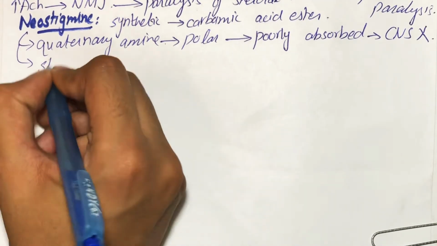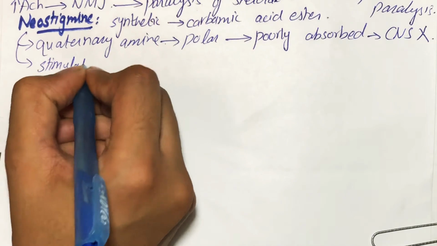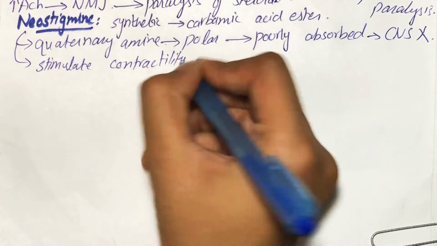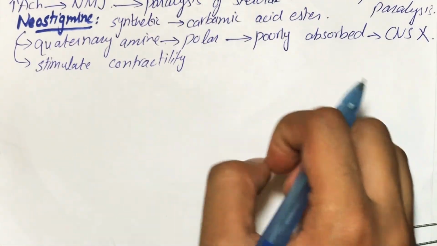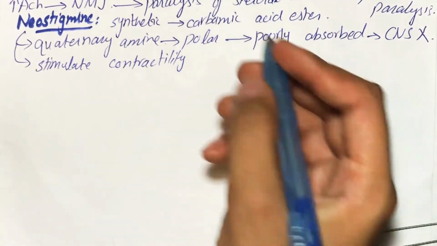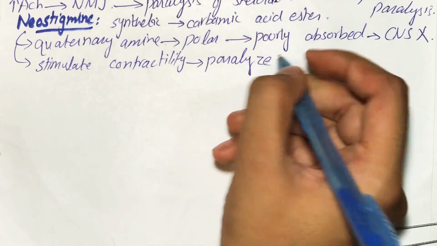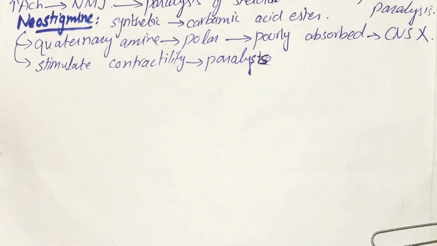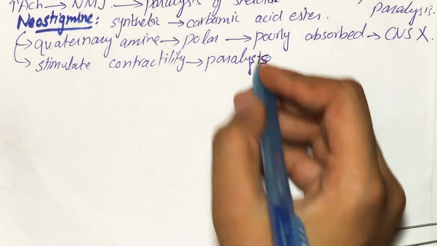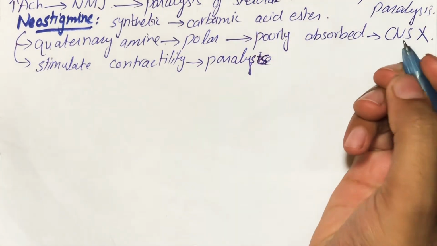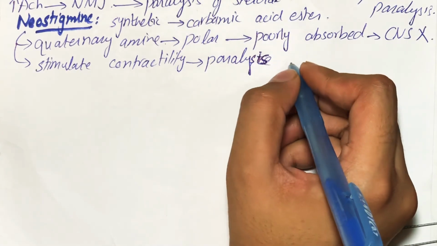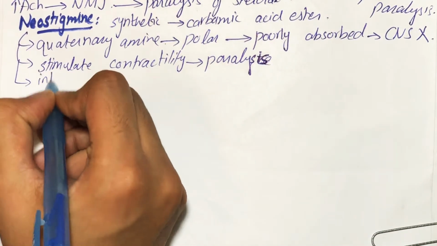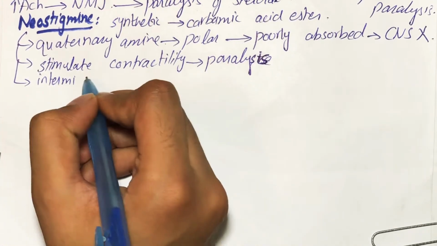So it stimulates contractility, which is actually shortening or shrinkage of muscle cells, before it actually causes paralysis. So it stimulates shrinkage of the cells before it causes paralysis of the skeletal muscles. It is also one of the intermediate acting agents